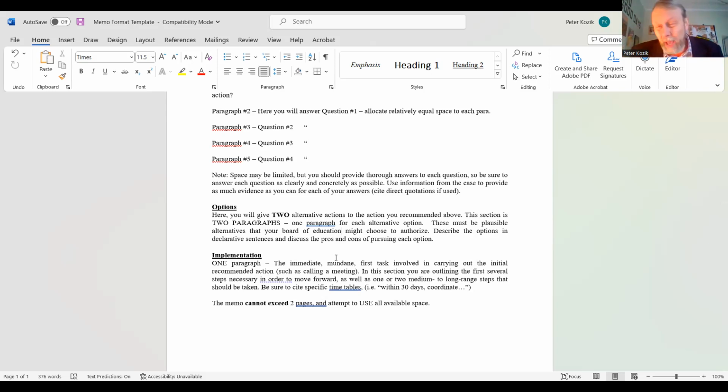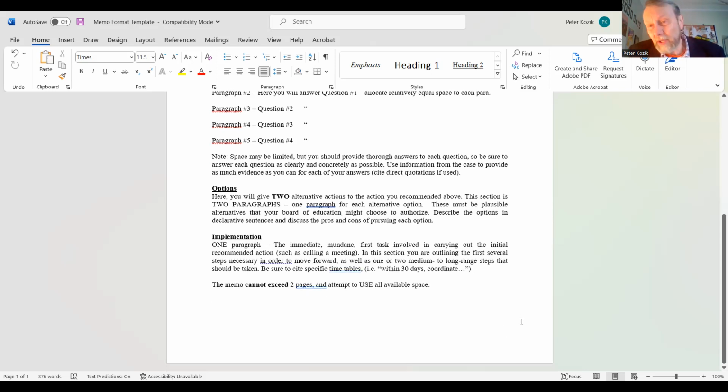You might be able to talk a little bit about a backup, but memoranda really should be 2 pages in length at most. They can drift a little bit, but they've got to be pretty tight to those 2 pages. So you want to include in there why this particular option that you're selecting is the best one. Describe the options again in declarative sentences using action verbs. And finally, what are you asking for? The implementation. You're asking for money for a book club or some way from your Board of Education to be able to look at this particular writing program in detail with your teachers.